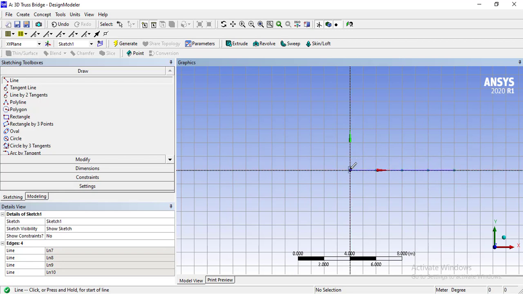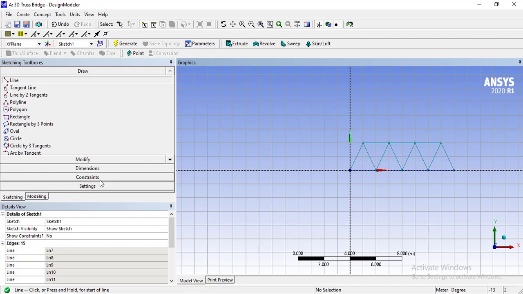Now start a line again from the origin and its endpoint will be here. Now select this endpoint and select this node. Then again from here to here and repeat this process. As you can see, it is already giving us the intersecting point of the grid because we have selected the snap command. And select here. Now draw horizontal lines from here to here and repeat this process 3 times.